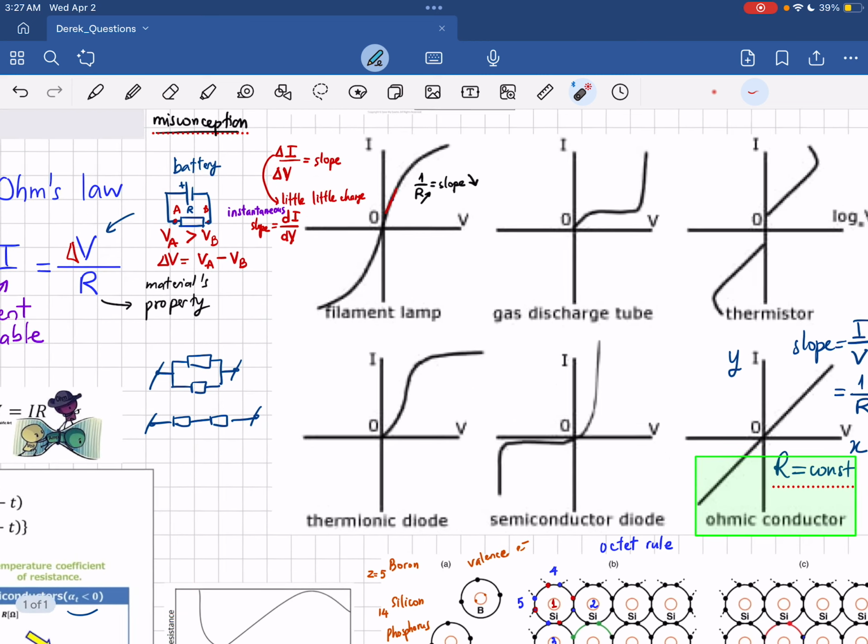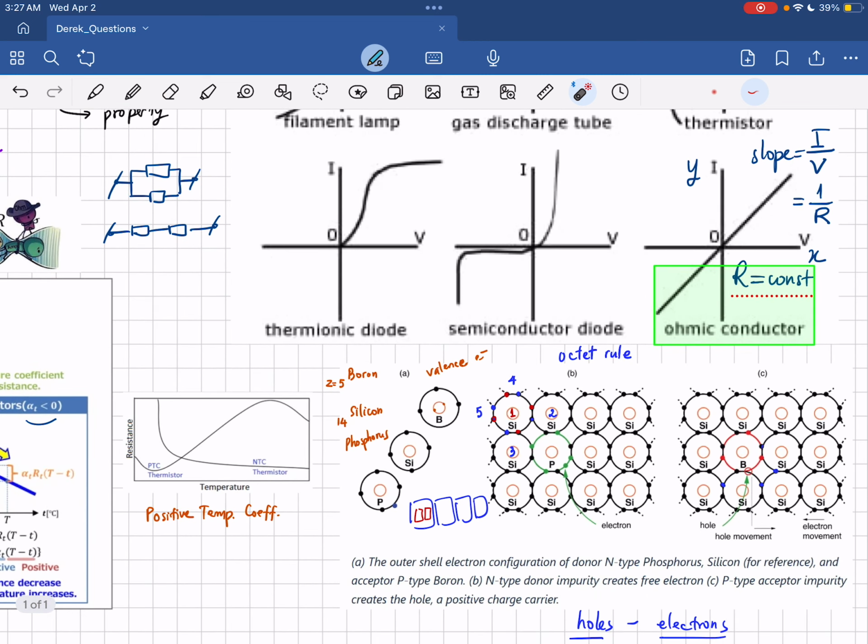So it also means that the movement of those electrons here, of the holes here, will be, yes, faster. There will be more of them. So at a higher temperature, we can see that the kinetic energy is higher, and also the gap between